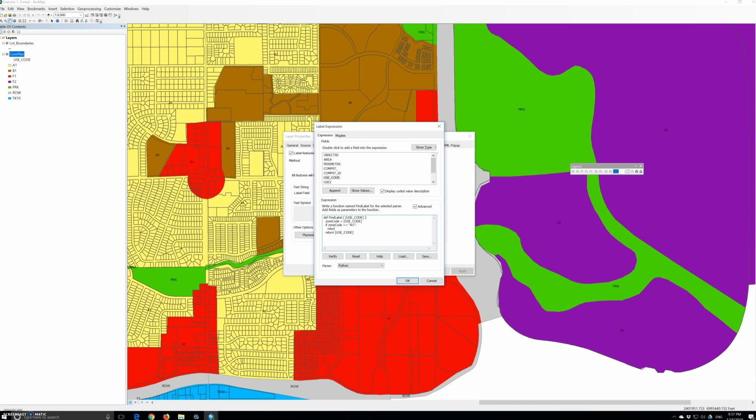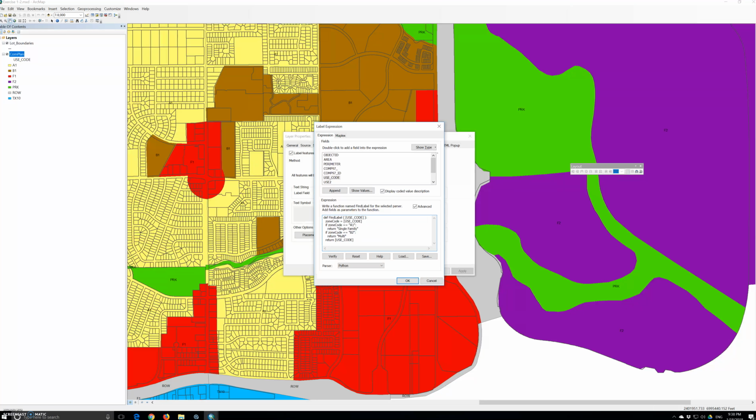So A1 we will have single family, and then 1, 2 elif zone code equals to B2 colon 1, 2, 3, 4 return. We will have a